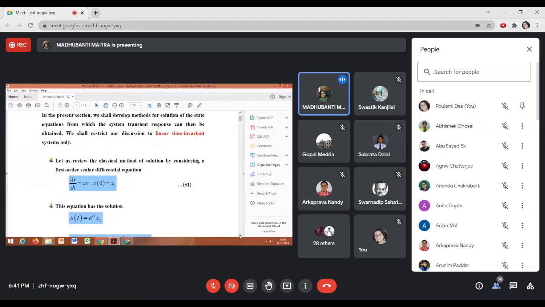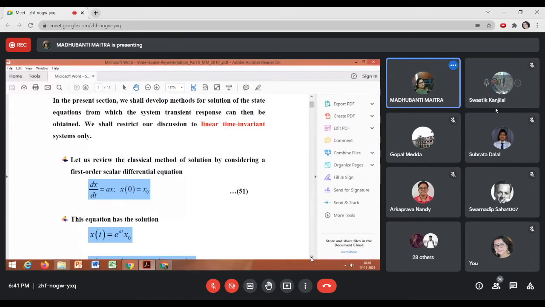Now, how to solve the state equation and how can we obtain the relevant state transition matrix, and what is actually meant by state transition matrix, that we'll learn in this lecture. How to obtain the state transition matrix? For that, we have very many methods. In this class, we'll discuss only two methods. So let's review the classical method of solution by considering a first order scalar differential equation, which is given by